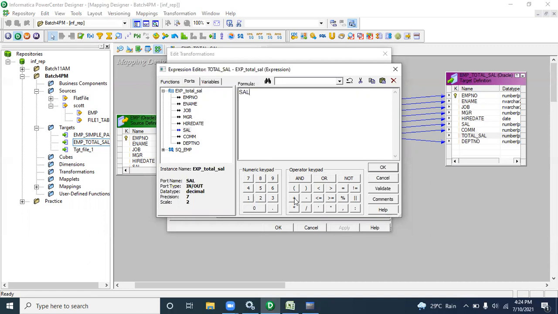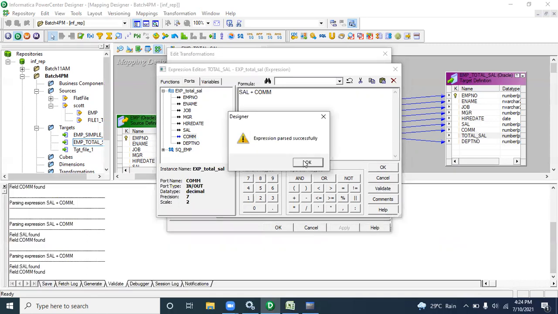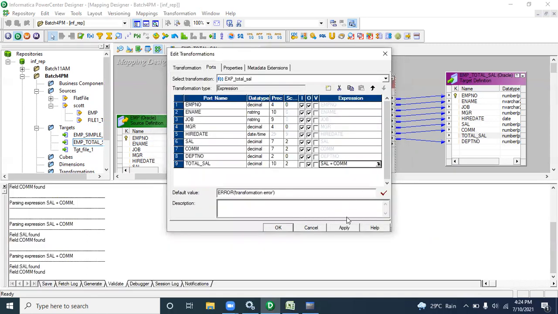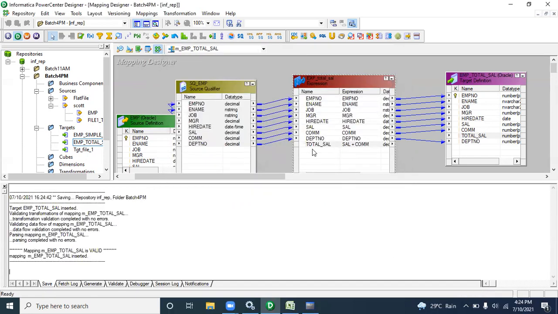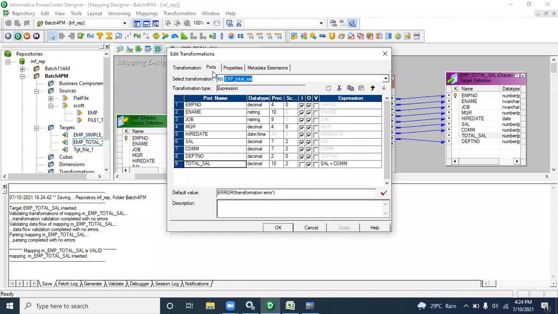Just click plus, or you can directly write plus on the keyboard. Then commission, so sal plus commission, double click on commission and it will be written automatically. Validate, valid, okay. Click on Apply, click on OK. Great. Later we'll check the output, but here you can see IOV, three ports will be there. Every transformation has a minimum of IO, but here there is an extra port, meaning a column.